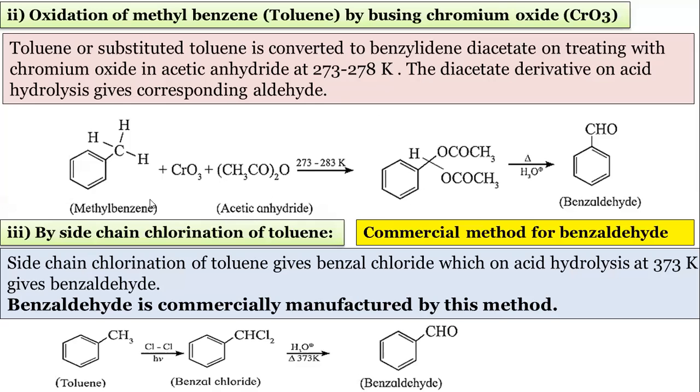Also, we can prepare by side chain chlorination. See, this toluene undergoes chlorination in presence of h nu, means in bright sunlight, side chain chlorination of toluene gives benzal chloride intermediate first. This is CHCl2, remember. Again, acidic hydrolysis, we get benzaldehyde. In this, side chain chlorination takes place. Means chlorine, it is not attached to the